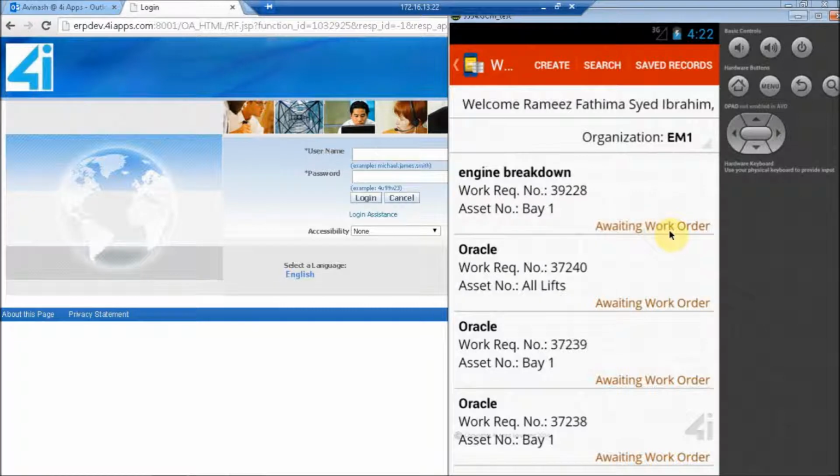So in the home screen, you can see the work request we have created and the status for this is awaiting work order.